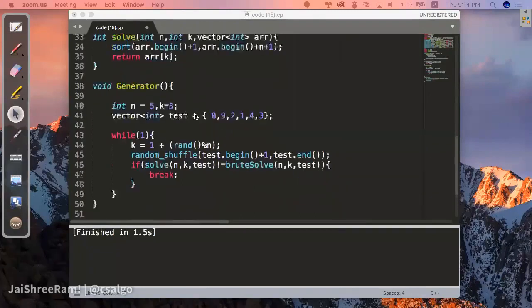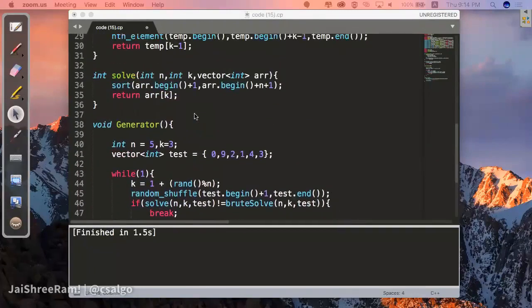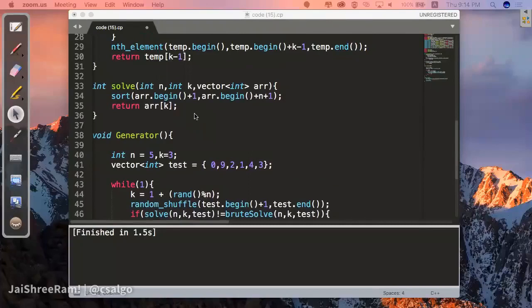That's all. I think this is all you need to know about debugging right now. So whenever you get a problem where you face this particular issue, you can just use this function and print things out and see where your code is failing. Okay, and just generate random inputs and check it on them. I think in most of the cases, you will find the case where you are failing.